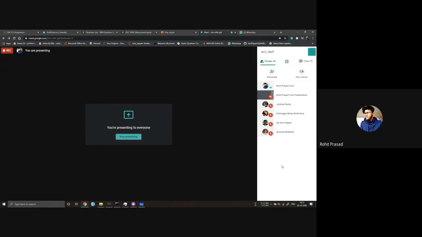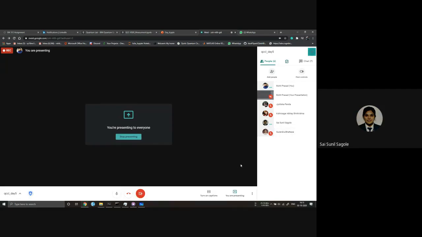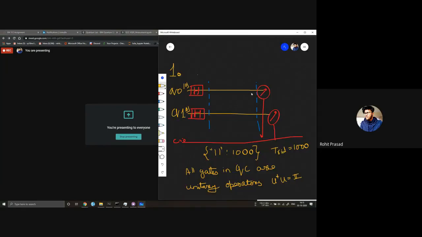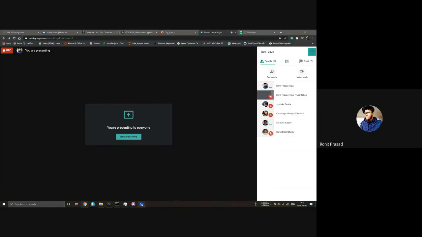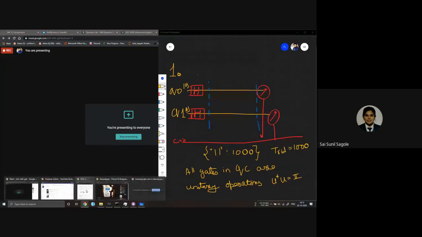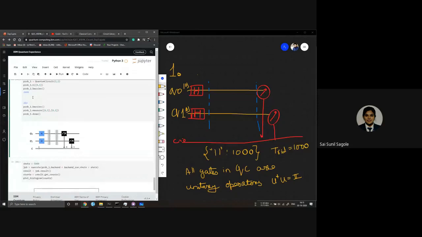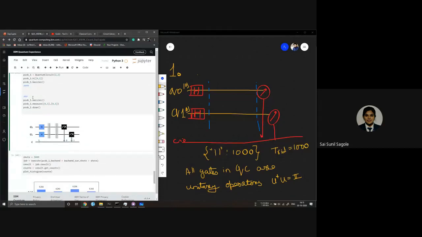You guys got something? Bhaiya, I am done, I got the answer. Okay, so let's see the solution. You need to add an H gate and an X gate on both the qubits.